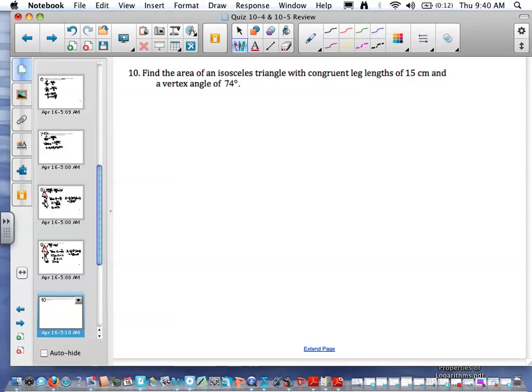Number 10 asks you to find the area of an isosceles triangle with congruent legs of 15 centimeters and a vertex angle of 74 degrees. So I have an isosceles triangle. Remember, isosceles means that these congruent legs are each going to be 15 centimeters. The vertex angle is the angle in which those two sides are actually touching each other, so that's the 74-degree